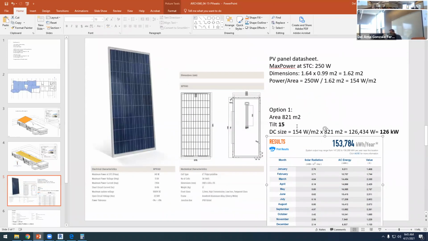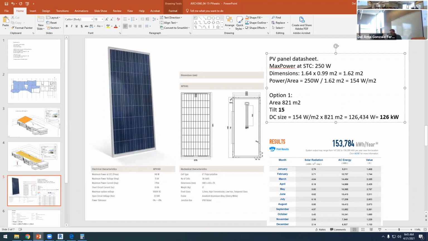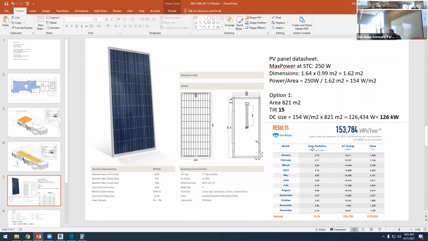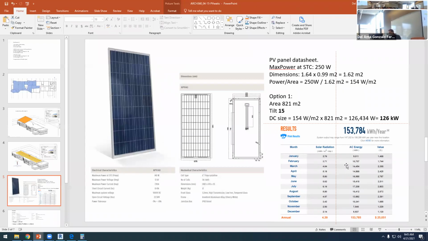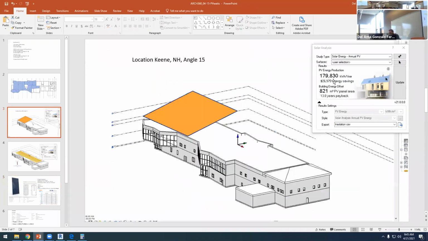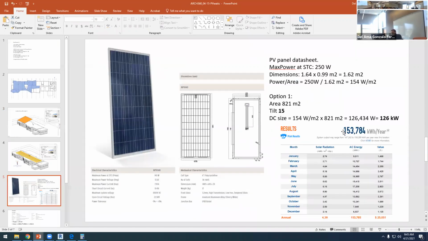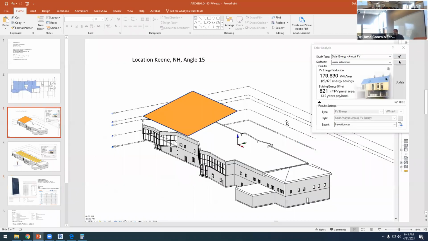This is option 1. So the annual is 153, and with Revit it was 179. Yes, this is what I think. Revit is always too optimistic. So I trust, well, I always trust the lowest figure. But, well,